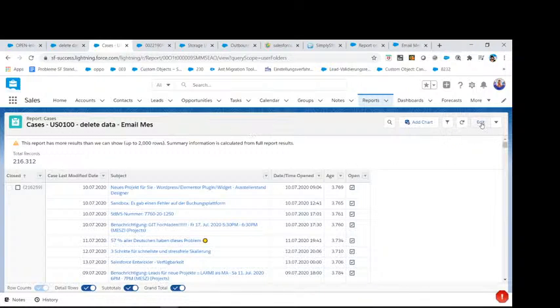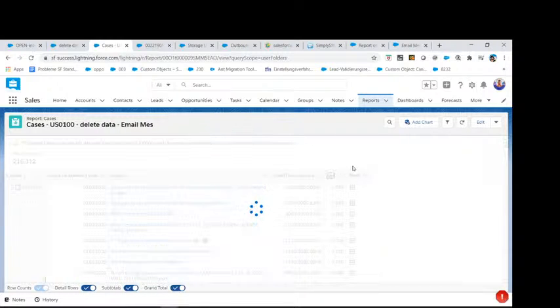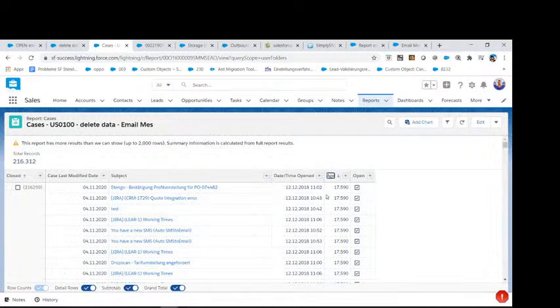So what we're gonna do is have a look at the age, and bring it into an order. As you can see, we have a last modified date as well. It's gonna be pretty late, as I see.